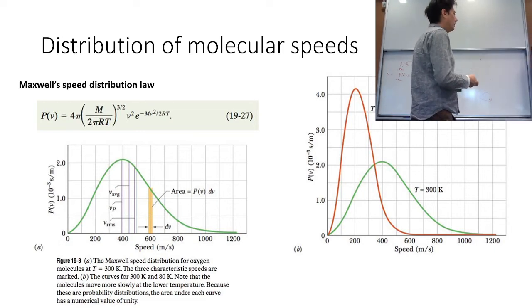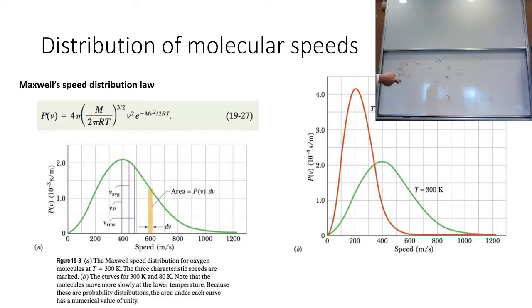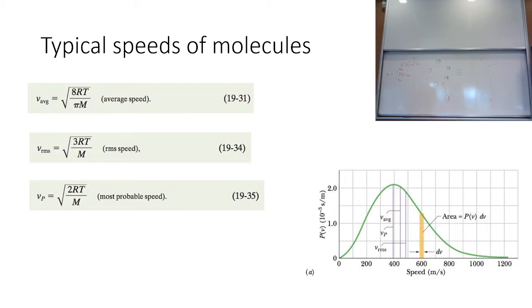So what we can do is calculate things like the average velocity. And in order to calculate the average of a probability density, the kind of thing that you do is, in terms of the average velocity, let's get the notation right, the average, right? So you do something a lot like,